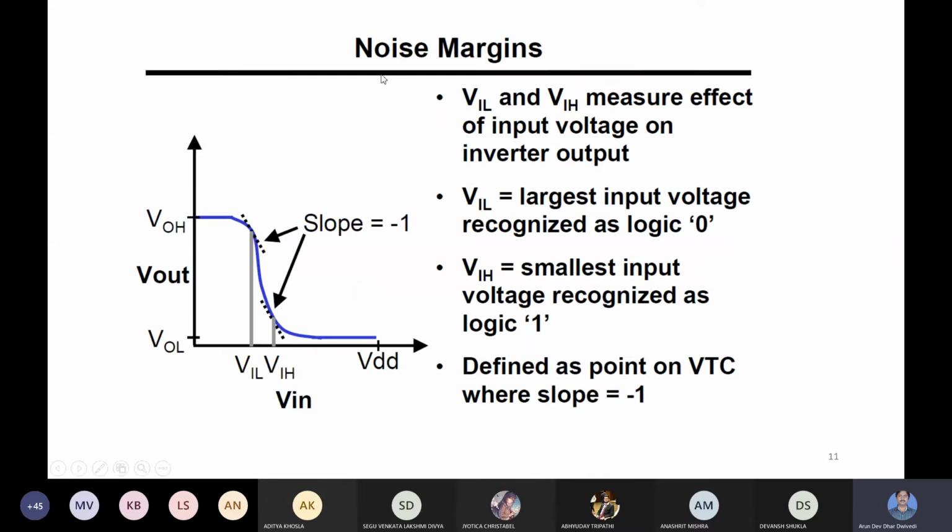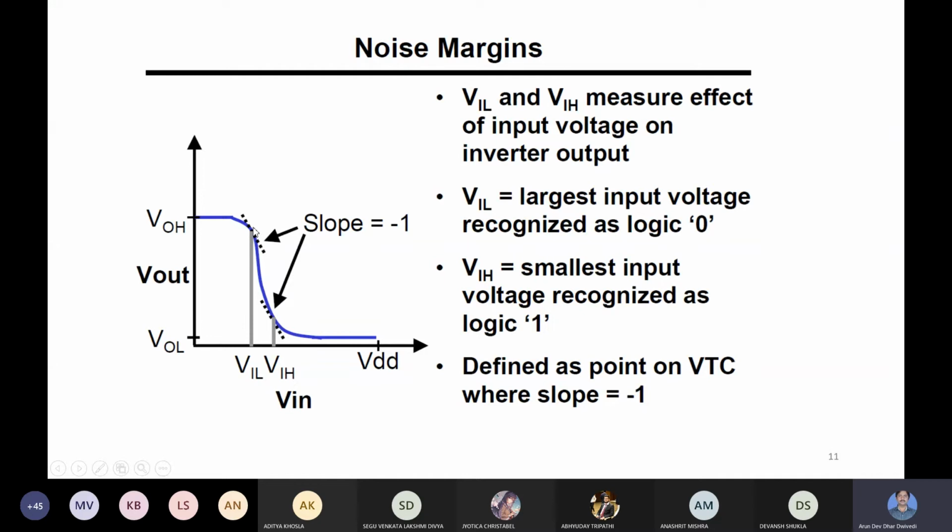Other important points for calculation of noise margin are VIL and VIH. From this plot we can understand VIL and VIH. In the CMOS inverter, VOH is the maximum output voltage, and the minimum voltage is generally 0. Initially the output is high, but if you keep increasing the input voltage, after some value the output switches from high to low. When it is switching from high to low, there is a first point where the slope becomes negative.